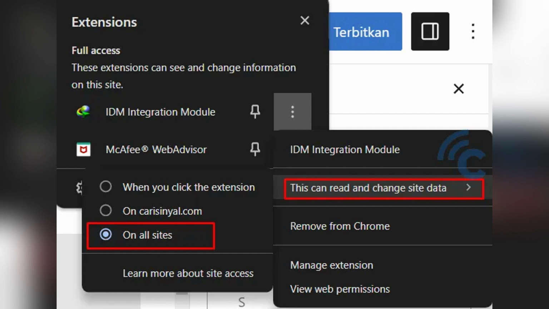Restart Chrome and test the extension by trying to download a file. Now IDM should automatically detect and capture downloads from all websites. And that's it